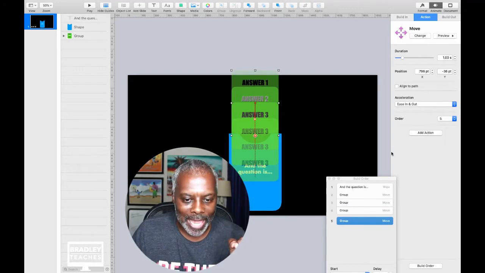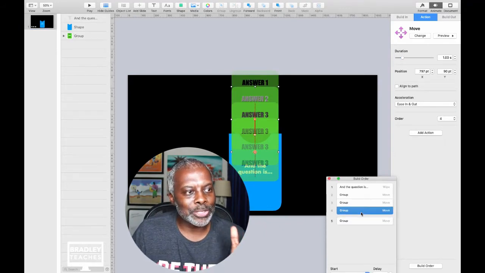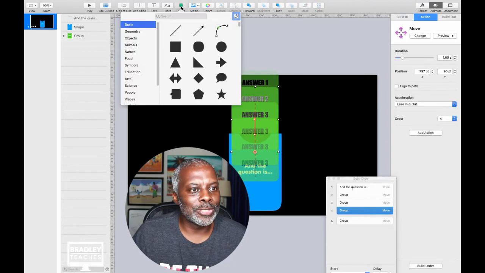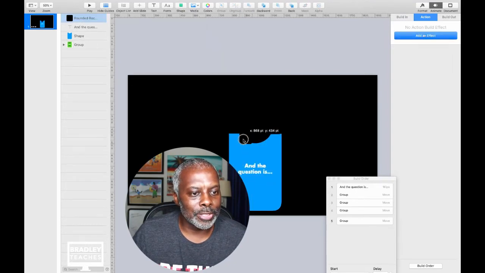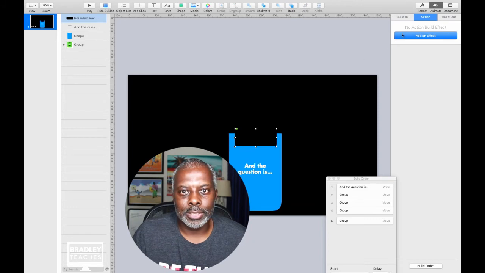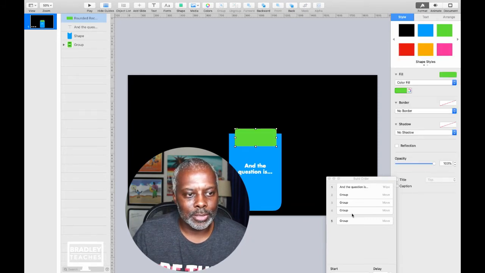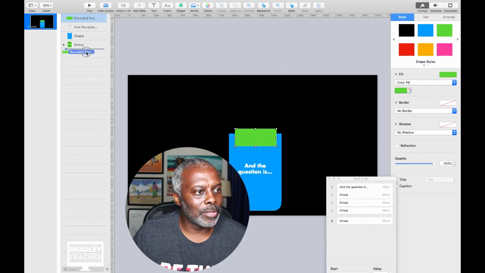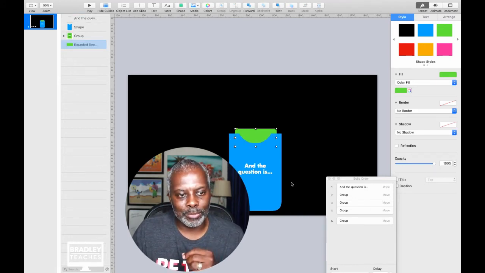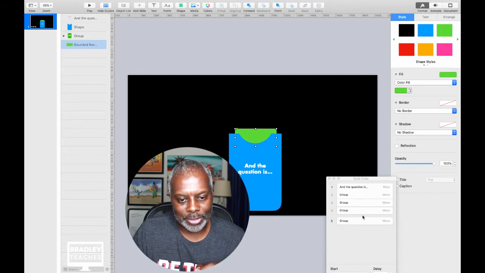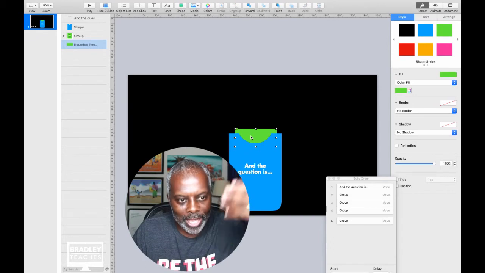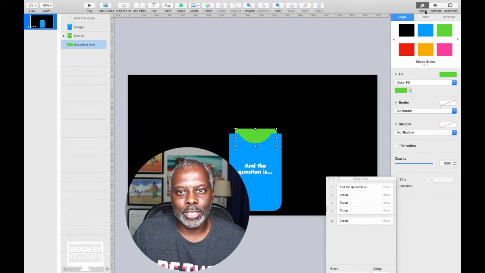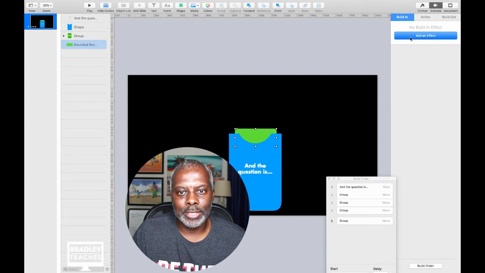What I do for that is after answer 3, because there's always a way to do it, right? I put a little green box. And let's format, color it. And we'll put it all the way on the bottom. And what we do with that little green box is we make it appear before the 4th answer appears. So we go here, we click it, animate, build in, and it's no big deal because